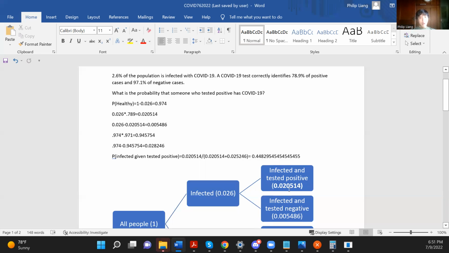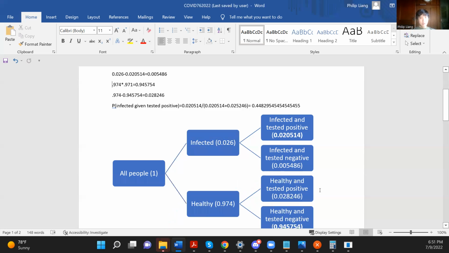Now, all of the infected that did not test positive tested negative, so we can subtract the probability of being infected and testing positive from the probability of being infected to get that the probability of being infected and testing negative is